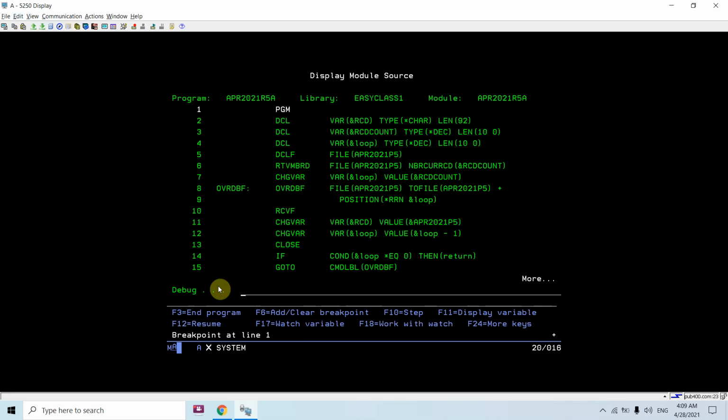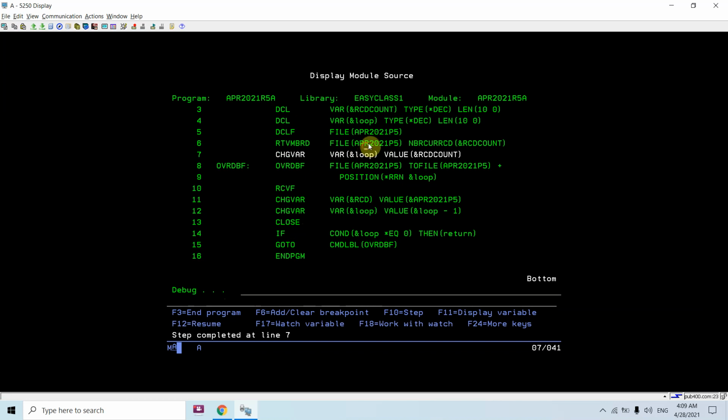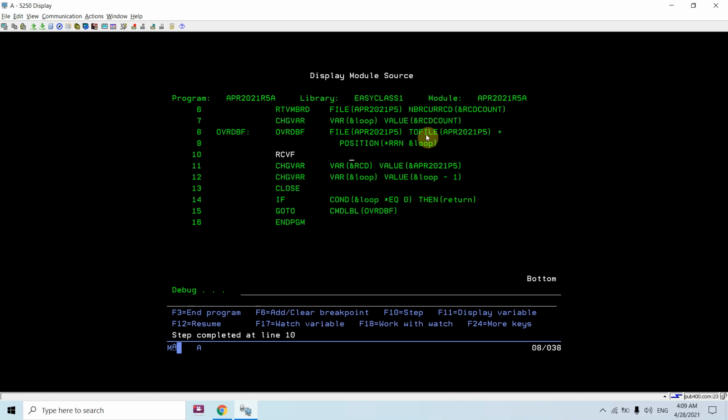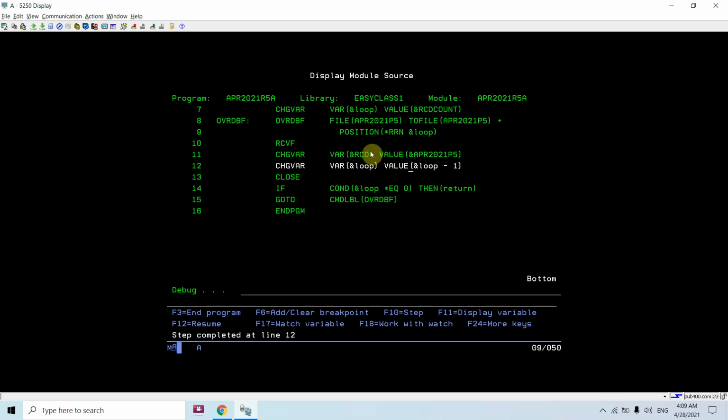Just call the program. So you can see the record count is 3. That's set to the loop variable, and I am positioning the file on the third record, and then I am reading it. So you can see data 3 is read first, so the last record is read first.